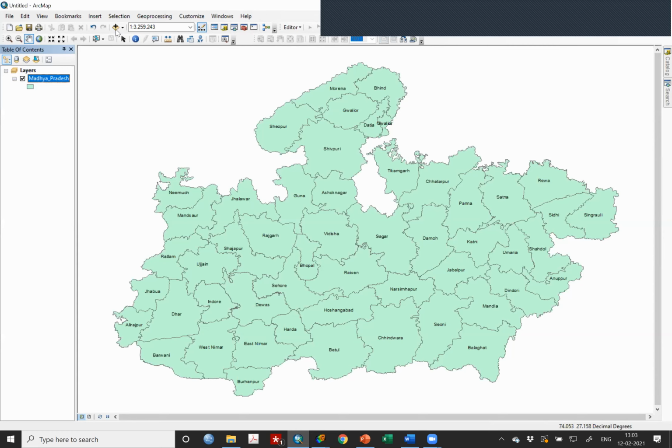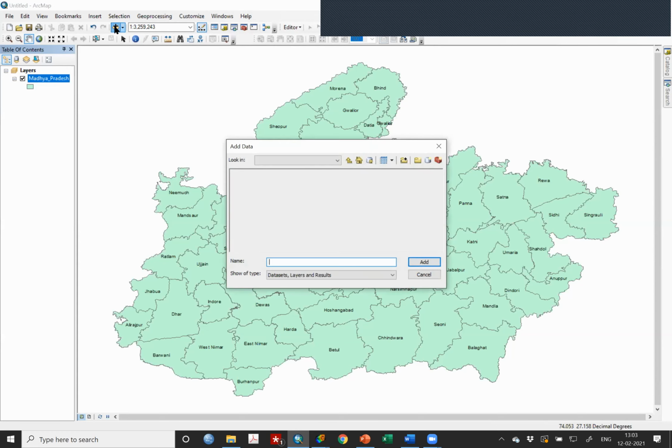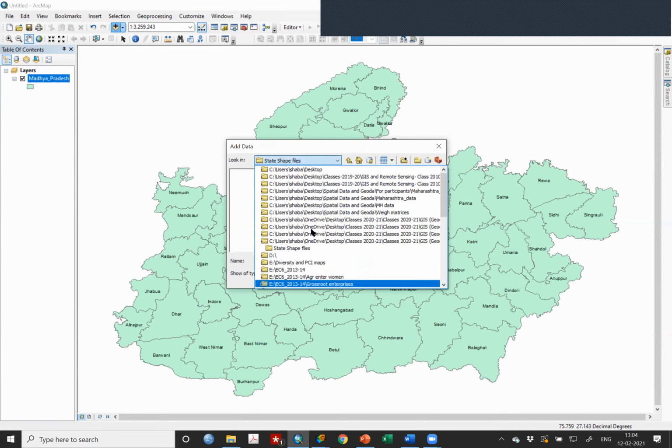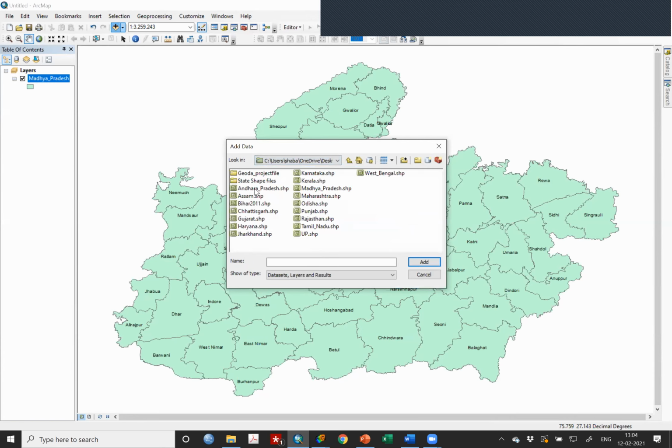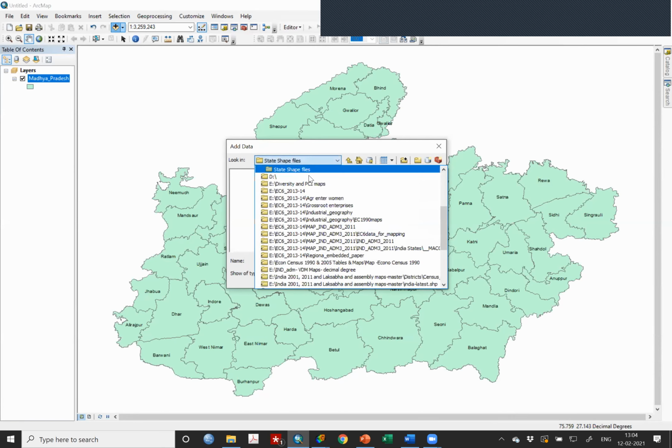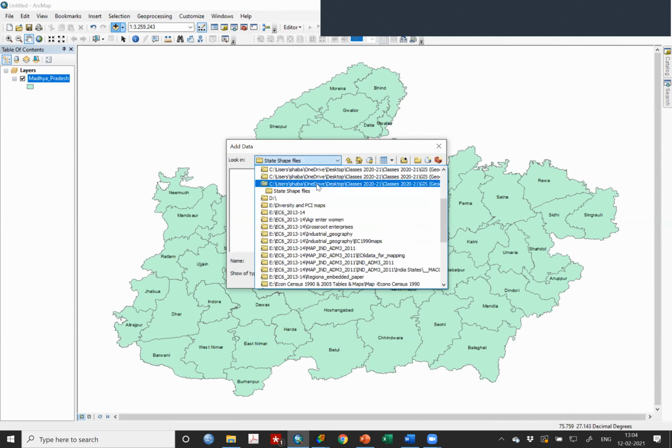And just let me put in another state shape file. Just one minute. I don't have a state shape file here.